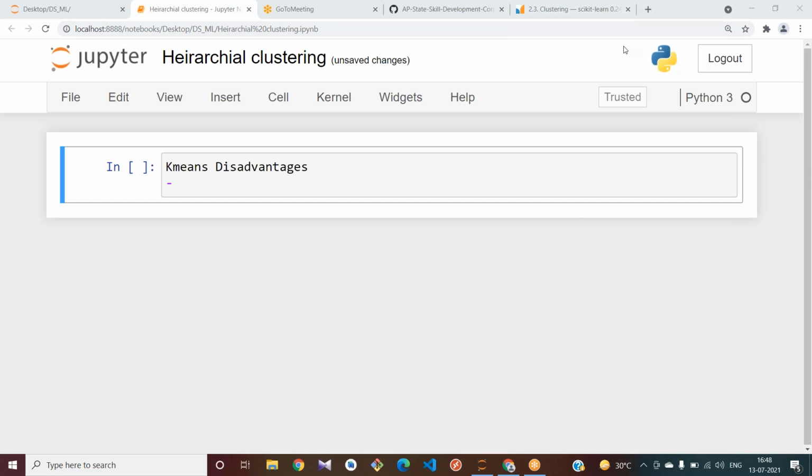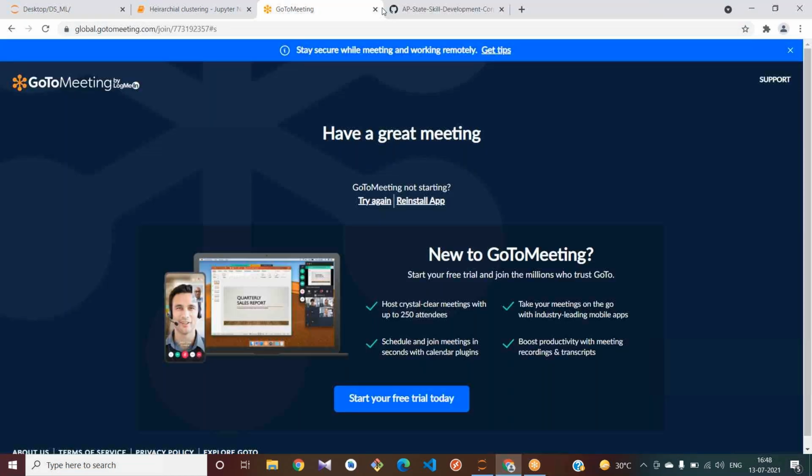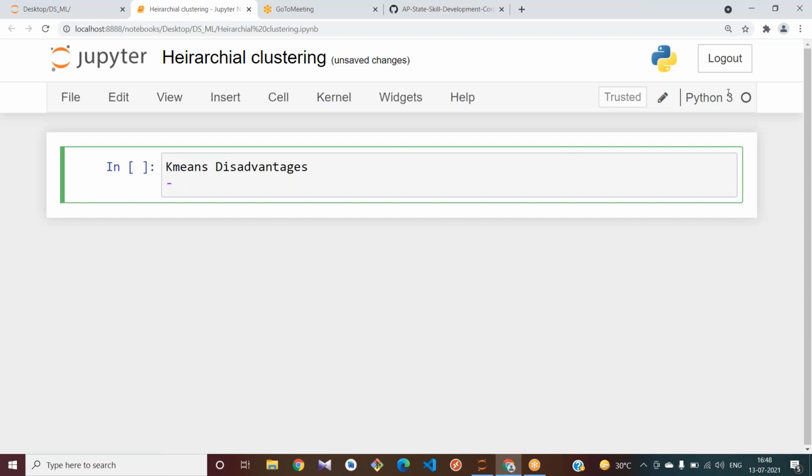By using which method? Yes, by using inertia, nothing but the elbow method, we try to find the number of clusters.